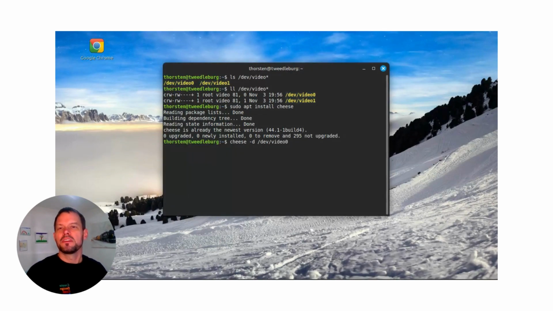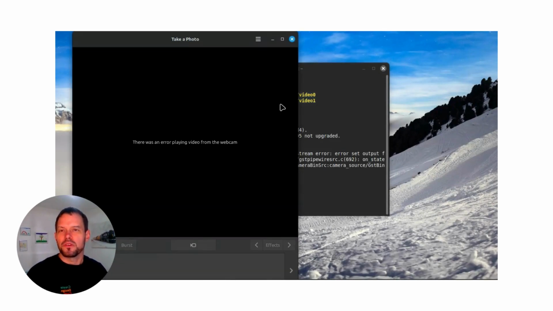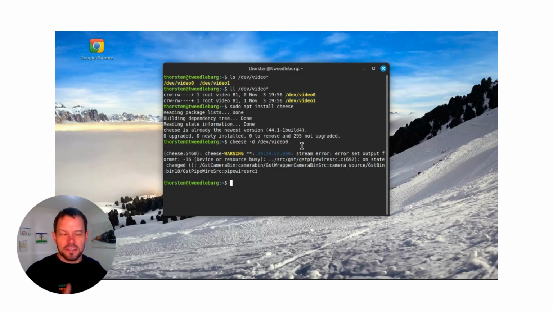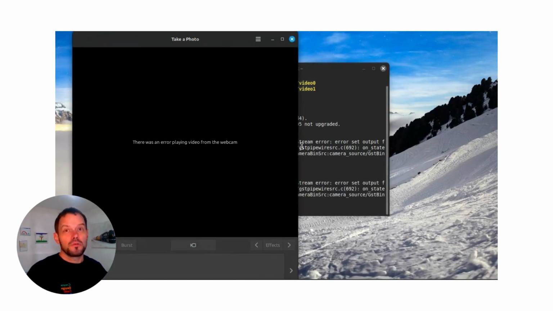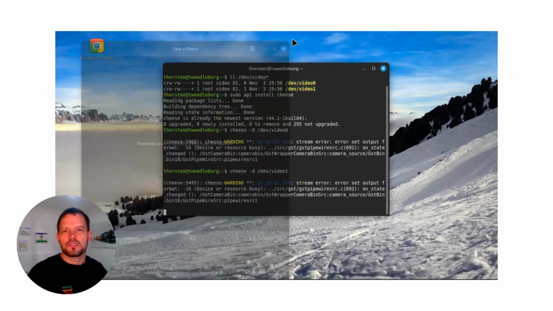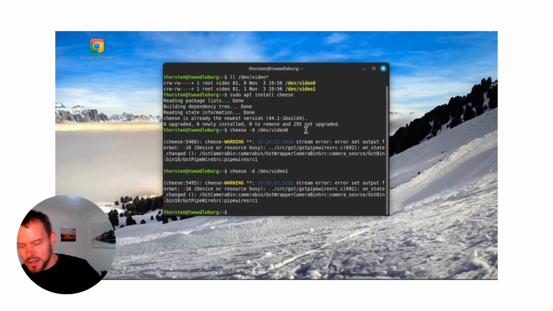And what will happen? Of course, nothing will happen because I'm using this actual device to record myself for you. Okay, and the same is true for /dev/video1. These are both the same devices. I don't know why they are duplicated in this version of Linux Mint. Maybe a little bug. And now I connect this here to USB.